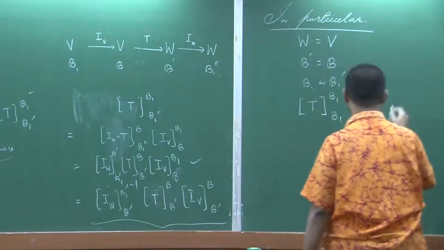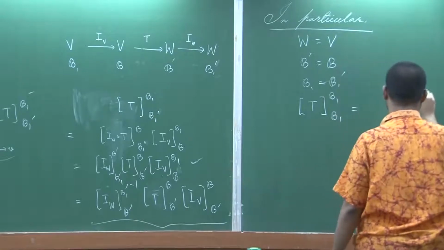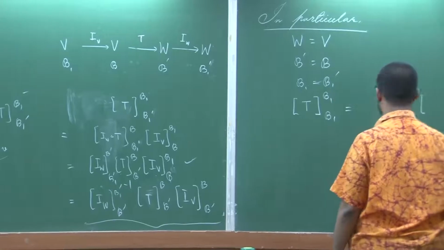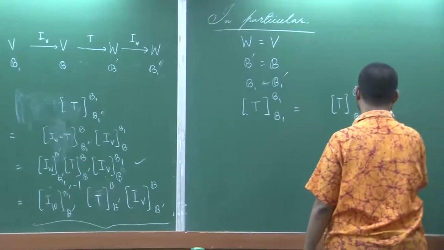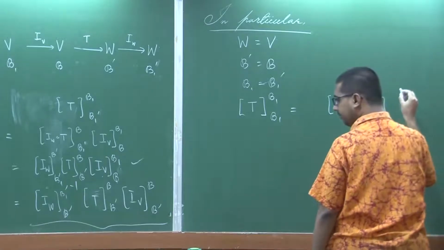So, that is the same as T_B, the identity map, where